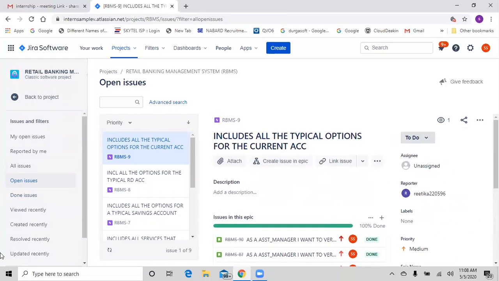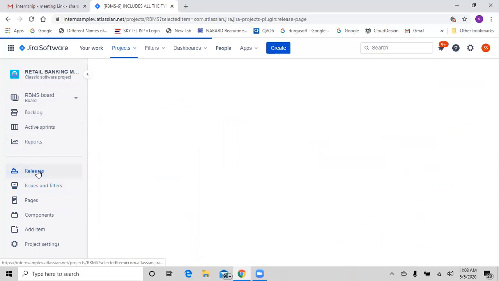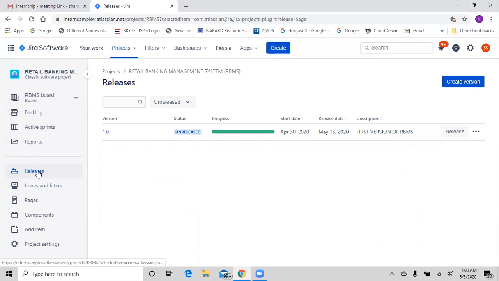So where are we navigating next? Back to the project. Releases, not backlog. Okay. You took all the snapshots, right? Product sprint burn down, all these snapshots that you took by the time, right? Yes. So now the complete progress is done, right? Completely your bar is completed, green color. So it is ready to release, right or wrong?